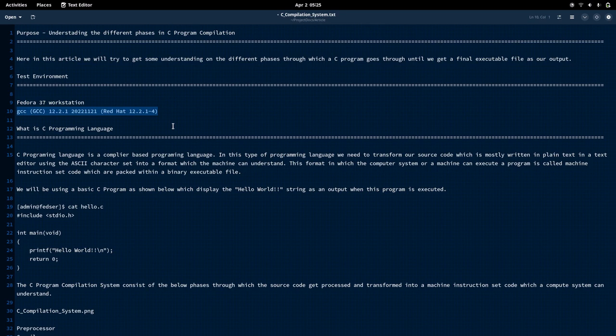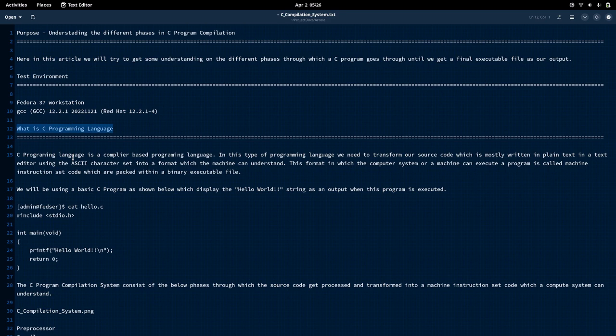So let us try to understand what the C programming language is. C is basically a compiler-based programming language wherein we first write a program using a text editor in a text file with ASCII characters, so that the program can be understood by a human when it is read.